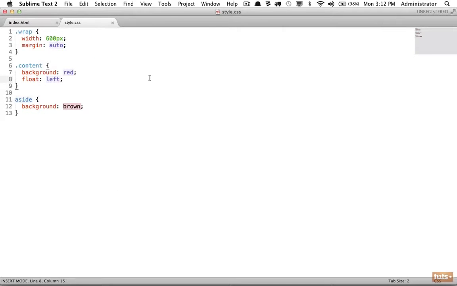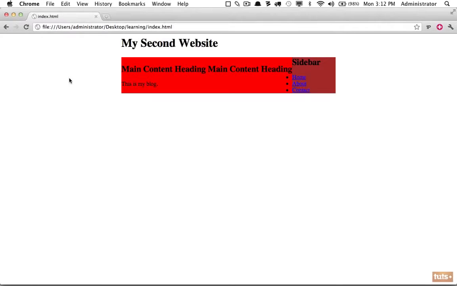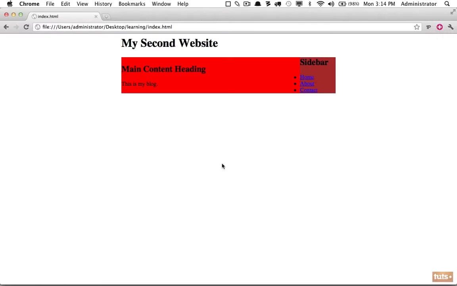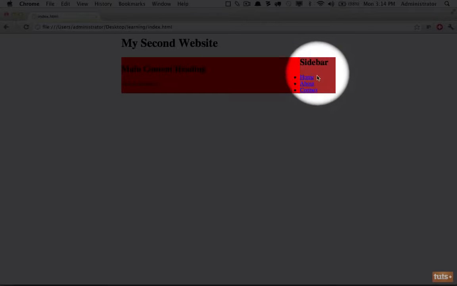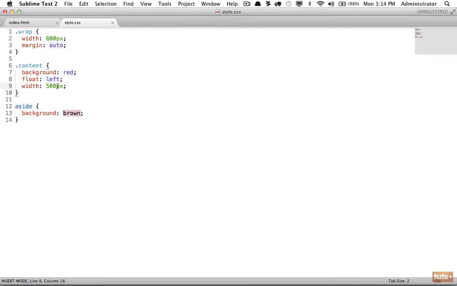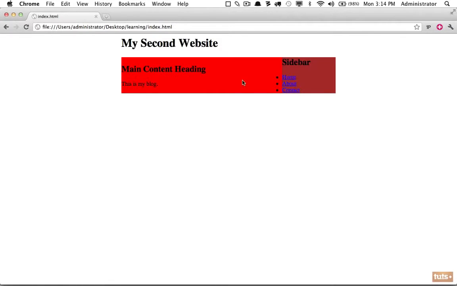If we come back to style.css, our wrap is 600 pixels. So why don't we specify a width for our main content area of 500 pixels? Now if I come back and refresh, it's taking up exactly 500 pixels, regardless of how wide our headings are. And now that I look at this, I'm thinking our sidebar is a little bit too narrow. So why don't we fix that? Come back and let's make the width of our content area 450 instead. Refresh. And now because we floated our main content to the left and specified a width, anything below it will